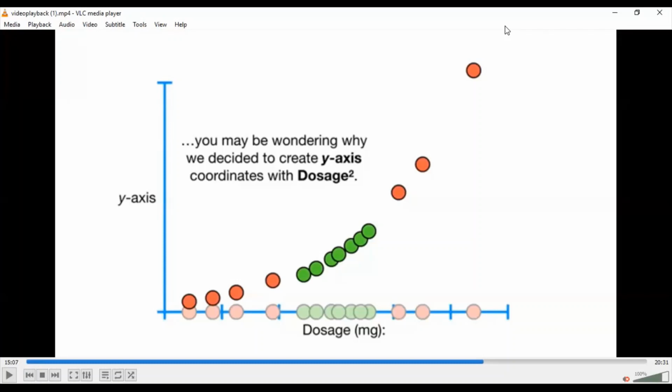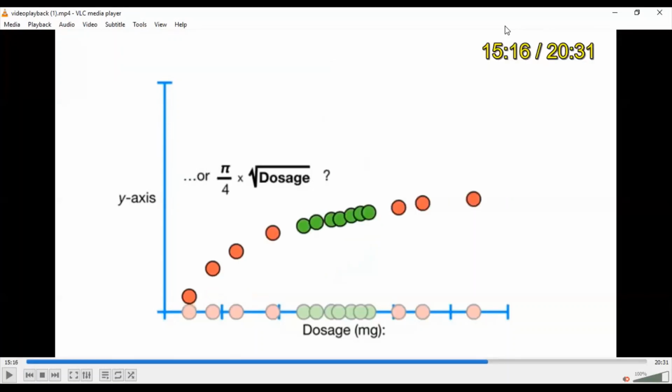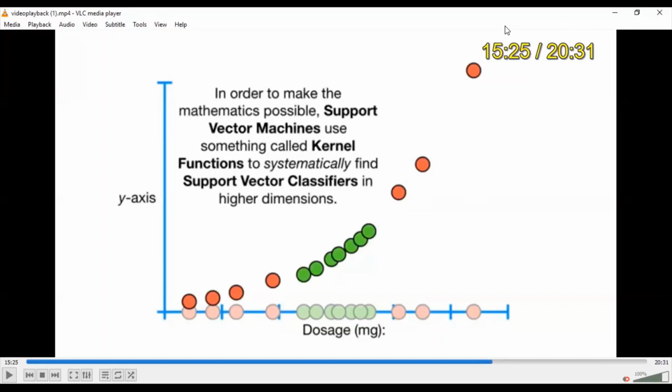It will check for each and every higher dimension, and it will make you the best classification for your model. Now there are like three different kinds of, as I can say, y equals x, y equals x squared, y equals x cubed, or something like that. So what we use is a kernel, which systematically finds your model's higher dimensions and the support vector classifier. And the support vector classifier which classifies the model the best will be the answer.